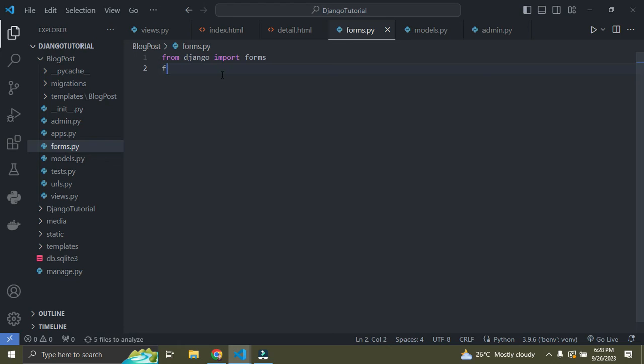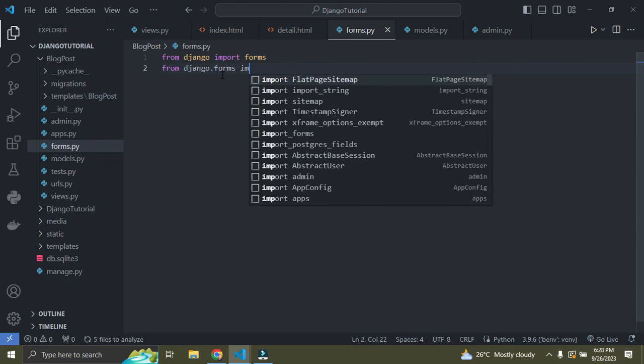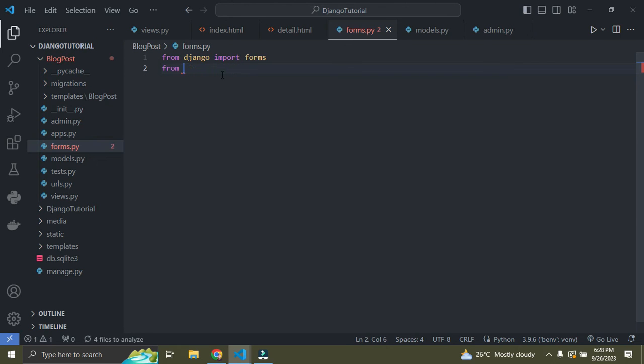Now I'm going to say from django.forms, okay, that's fine. Now I'm going to say from .models import Comments. Now I'm going to say class CommentForm,